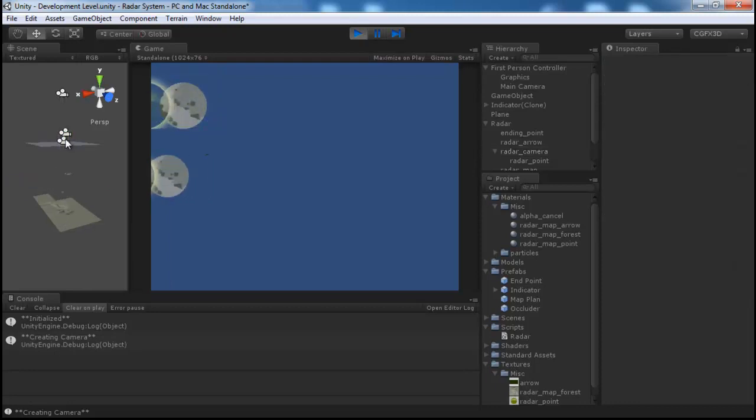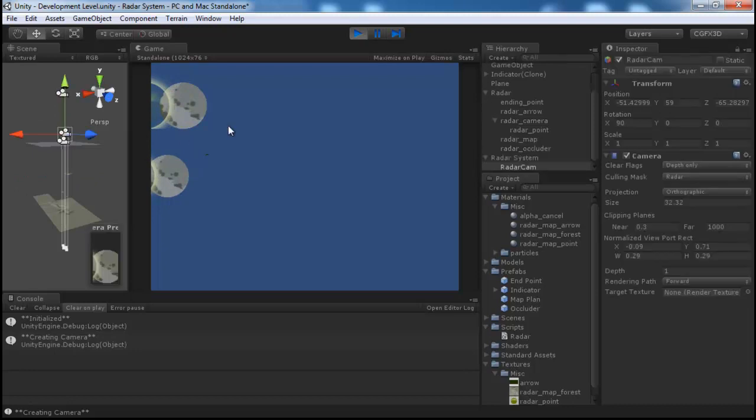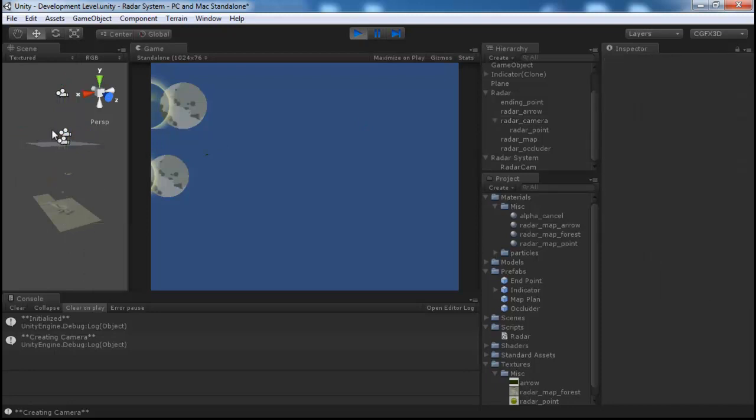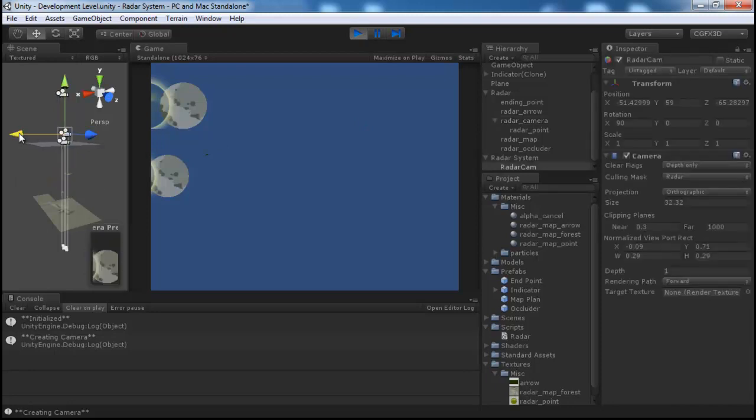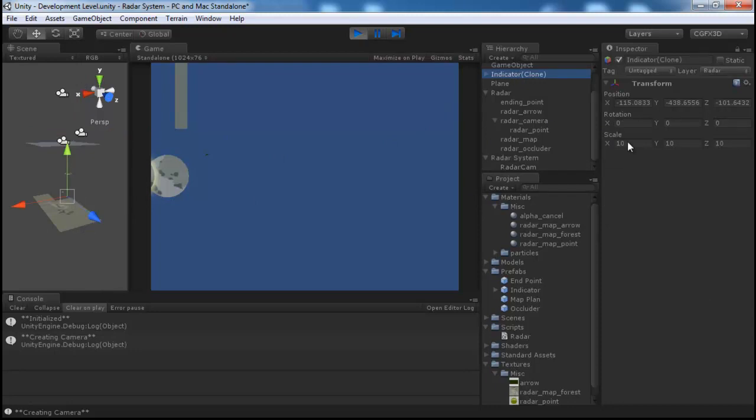And that's interesting. I have this radar cam. Oh, hey, I should change this one. So yeah, this is my player indicator, I think. So 1, 1, and 1. No. So what I'm looking at,